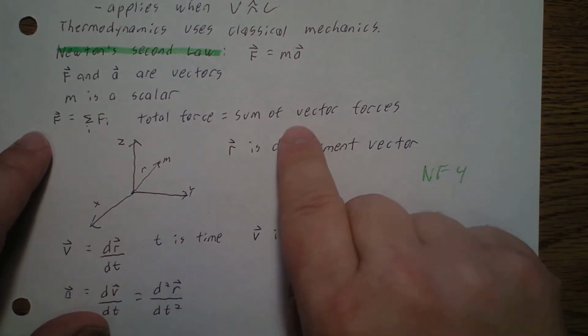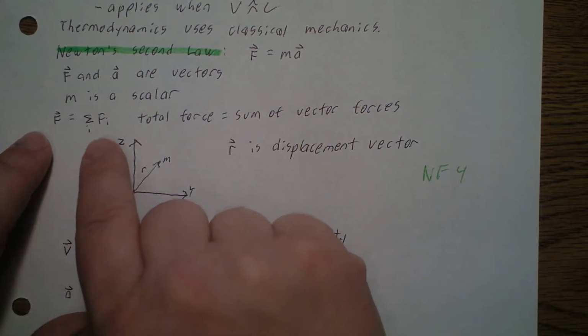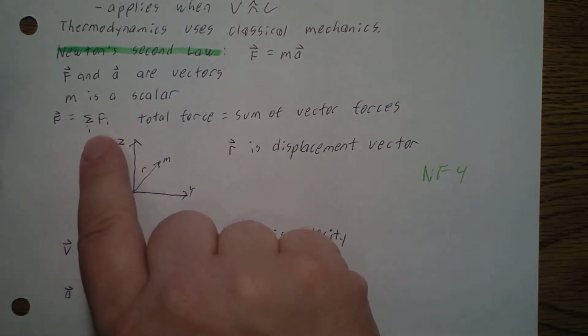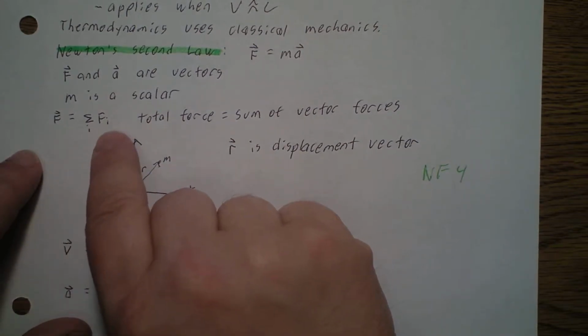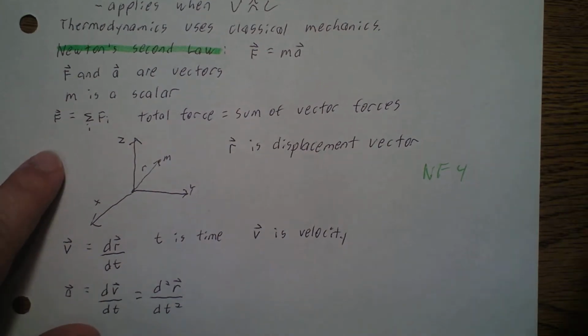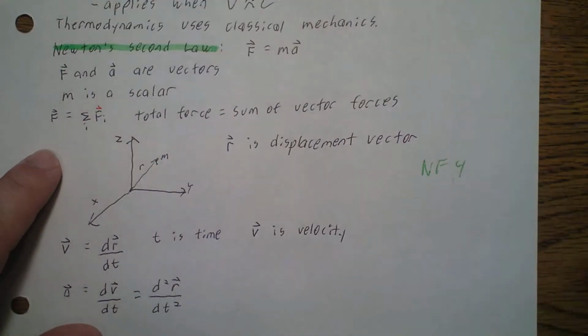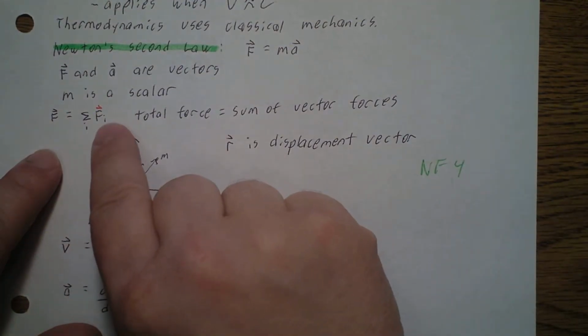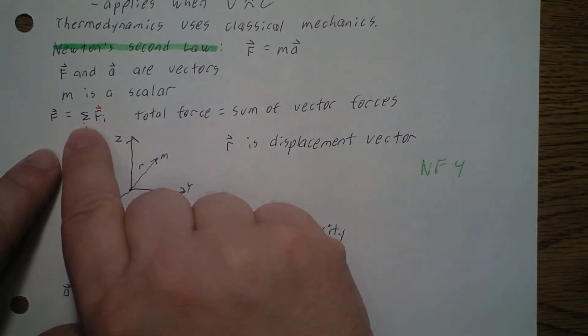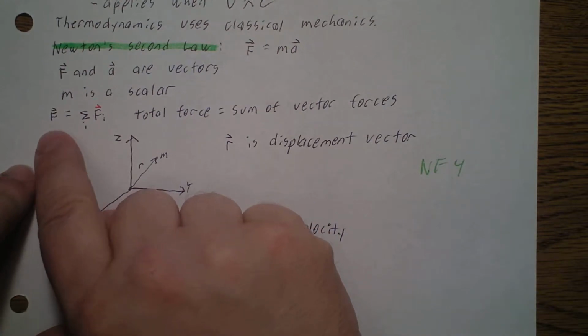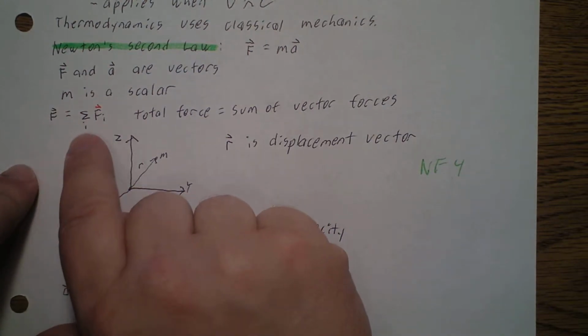Now the total force is equal to the sum of the vector forces. So we're going to use subscript i when we count through more than one: force 1, force 2, force 3, etc. So we take all these individual forces. This probably should be seen as a vector. Anyway, you add up each force vector, vector 1, 2, 3. This epsilon means sum. So the total force vector is equal to the sum of